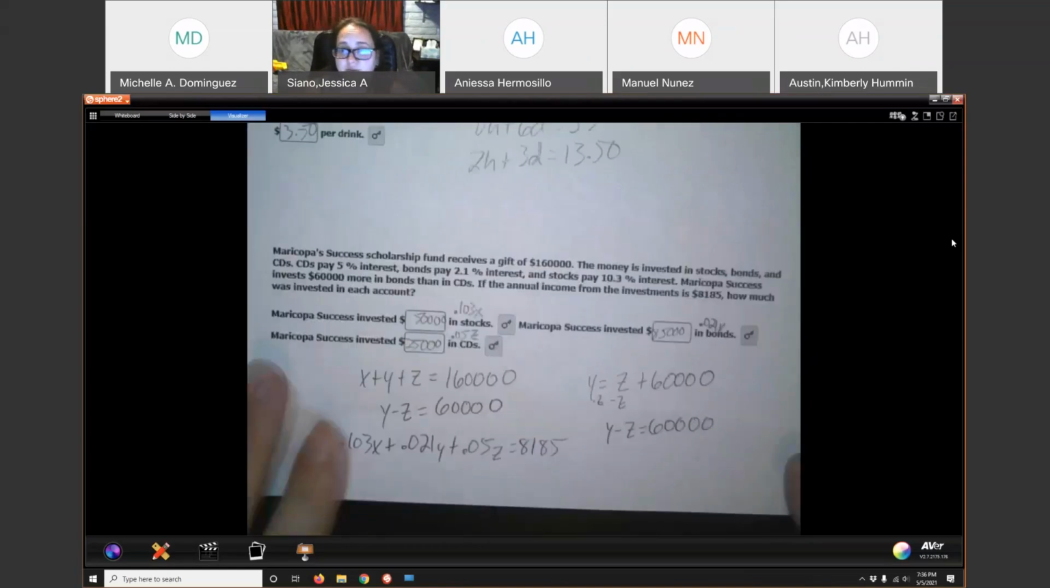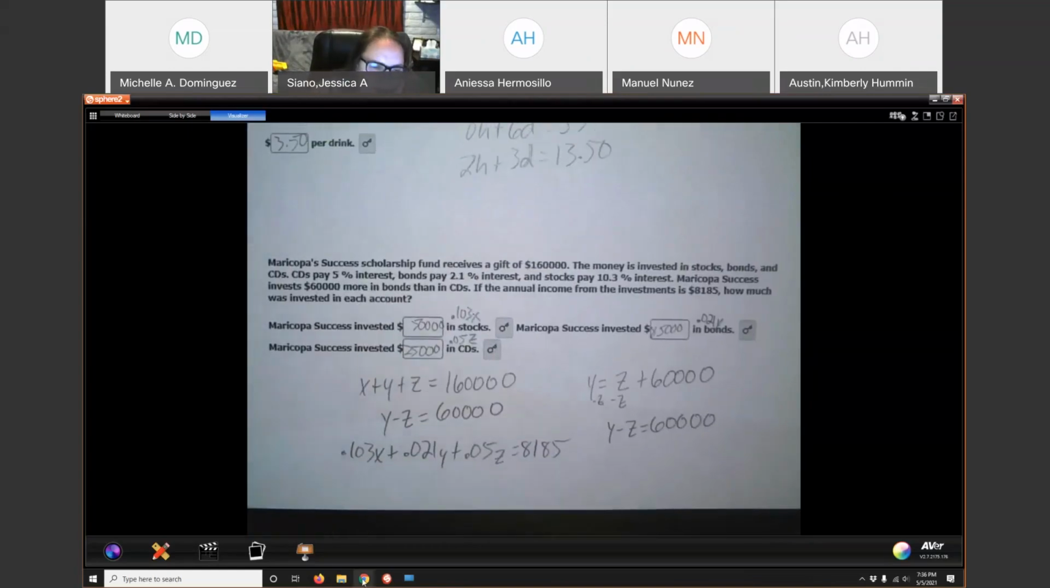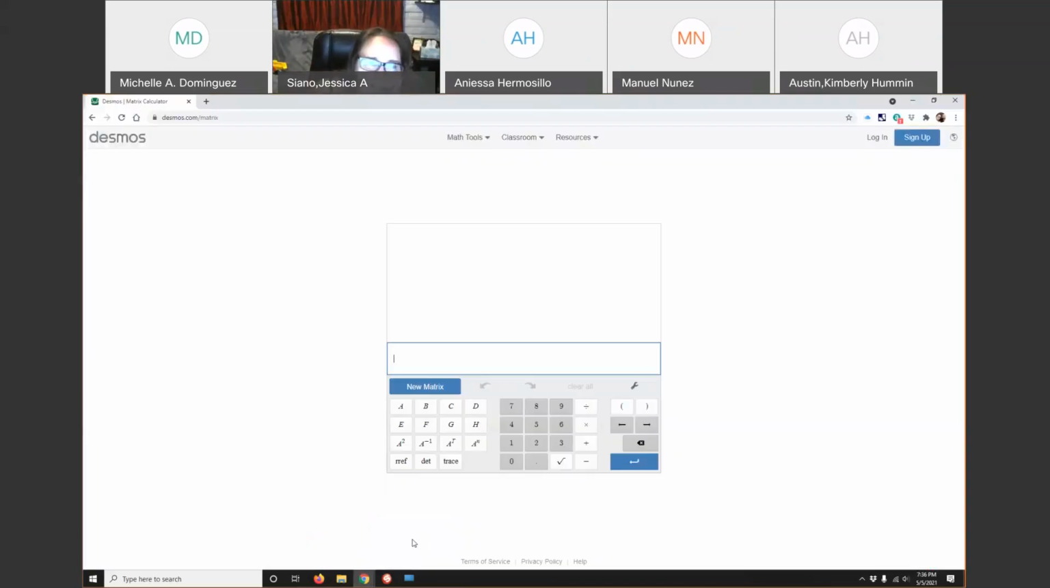Okay, so if you do not have a graphing calculator, Desmos has a matrix calculator that works pretty easily. It's just desmos.com/matrix. So if I was going to do this last problem, I would press new matrix, edit the rows. So we said 3 rows, 4 columns. And then it was 160,000. 0, 1, negative 1, 60,000,